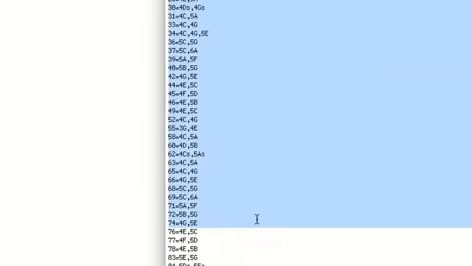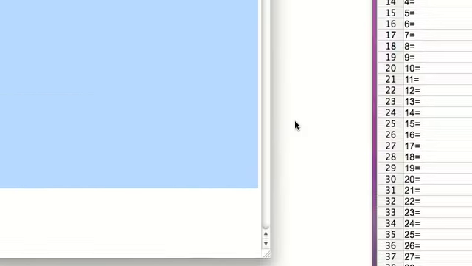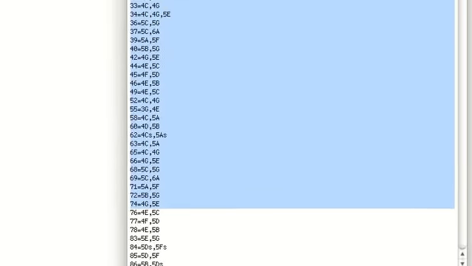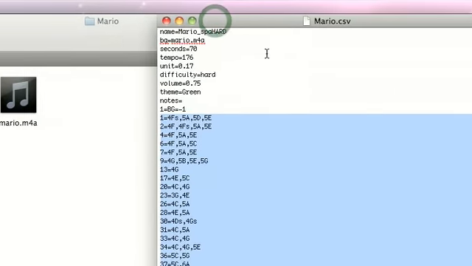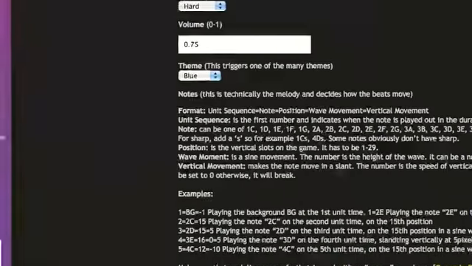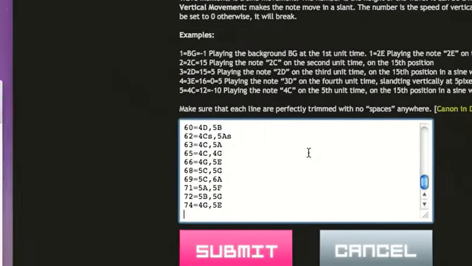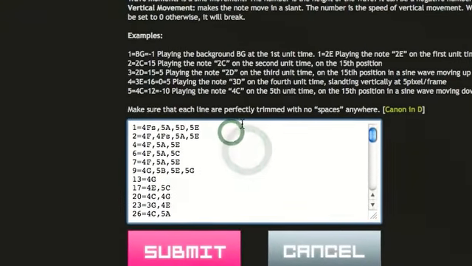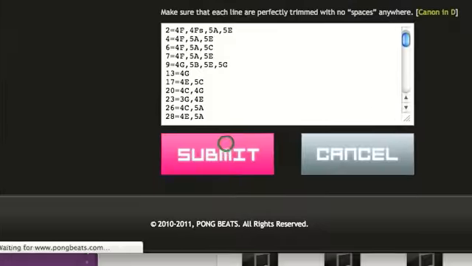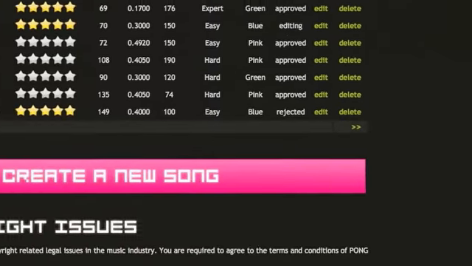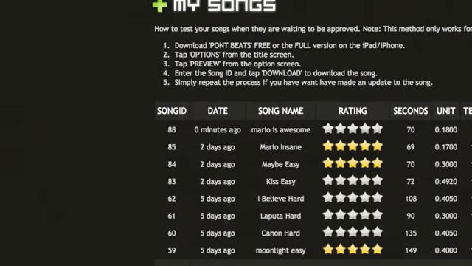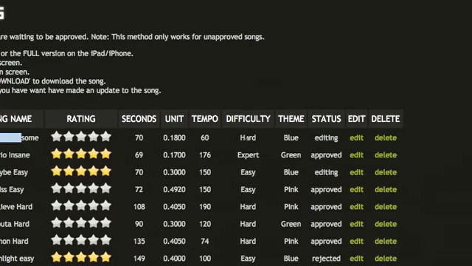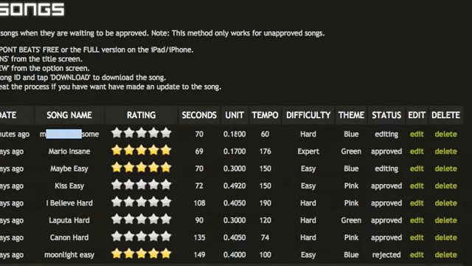I'm just gonna copy a bit here and paste over. It's easier to work in a text editor rather than straight onto the website. And then that's it. You've got your melody. It's all done. Let's press submit. And then there it is. You can see your song. Mario is awesome. Yay. 70 seconds. This track will take a few days